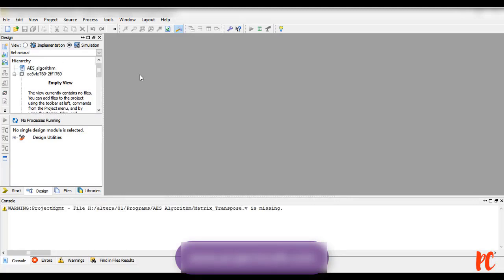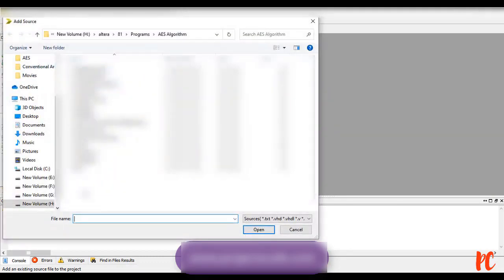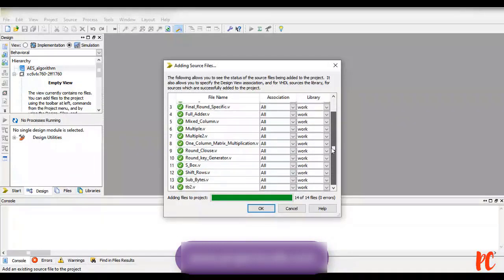Now I need to attach the downloaded files. Make a right click here. You get the first option, New Source. If you are going to write the program, then you need to create a file, and within that file you need to write the Verilog code, so that we will be going for New Source. Since we have done the project already and the files are downloaded, you need to add or extract those files within this project. So I am going for Add Source. Within the Add Source, click on the location where the files have been downloaded. Then select those. I am selecting all. Click on Open. So all the source files have been added. Click on OK.